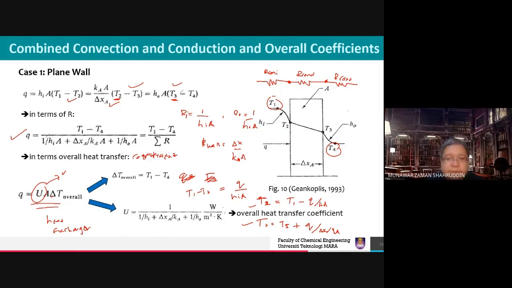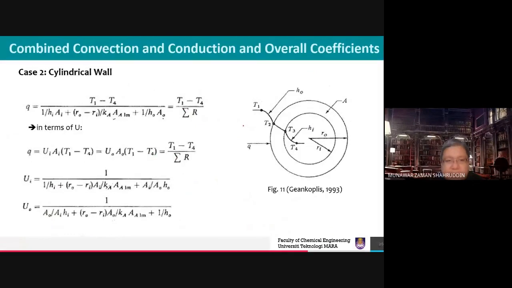It's the method for you to be employed in the solution. This one is for the cylindrical wall. Because the A of the cylinder might be different, which depends on the value of R, that is why for the overall heat transfer coefficient, you will have two